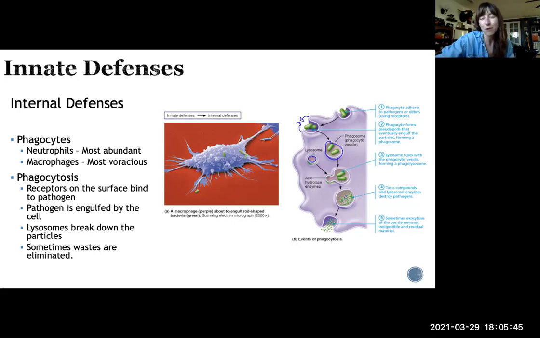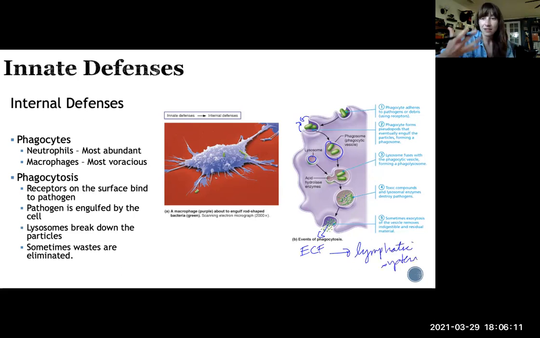You can break it down into small molecules and recycle some of it, but some of it is just waste. And remember, all of this waste is going out into the extracellular fluid, right? It's going out into the ECF, which means that it's going to be taken up by the lymphatic system,